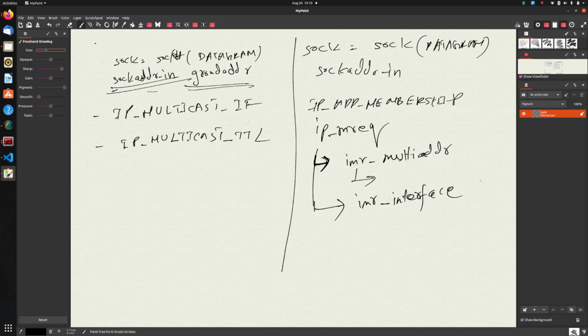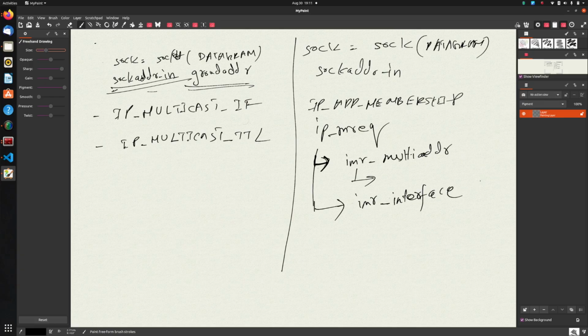So again, you can make a socket a part of multiple multicast groups, right? All you need to do is set this IP_ADD_MEMBERSHIP socket option multiple times on the same socket. For example, if you want to subscribe to another group, just call setsockopt once again with IP_ADD_MEMBERSHIP and use the new group address in the imr_multiaddr parameter. That way you can subscribe to multiple groups using the same socket. Not only that, you can subscribe to the same group on multiple interfaces on your host using IP_ADD_MEMBERSHIP. All you need to do is keep the multicast group address the same, but change the interface, right? That way you can receive the multicasted datagrams for the same group on multiple interfaces,